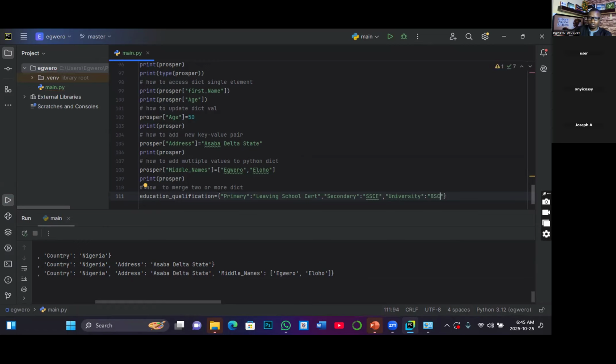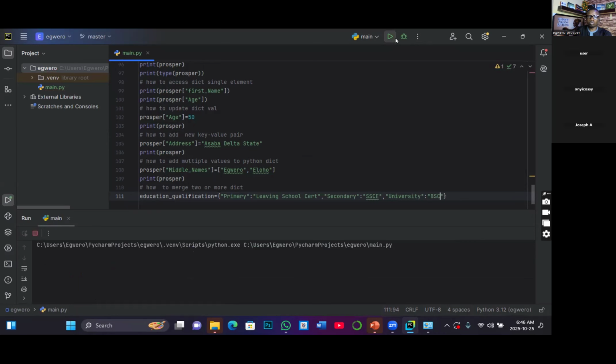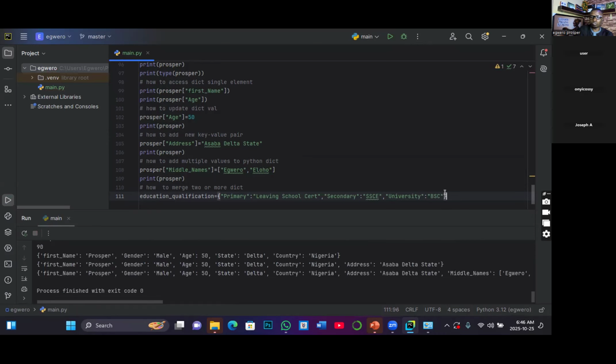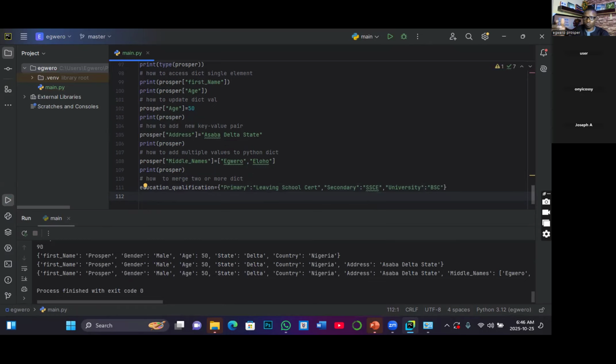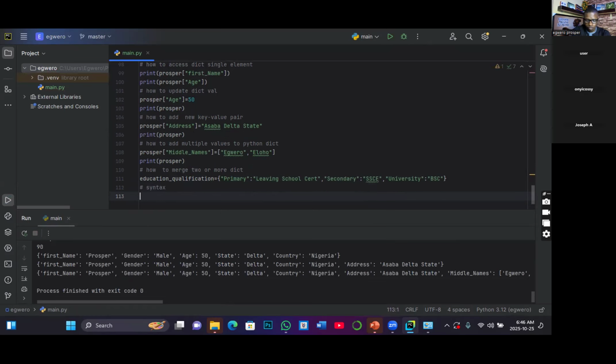BSC. Right? So now I have two different dictionaries. Now, if I want to concatenate them, in other words, to merge them together, the syntax is going to be: you call the first dictionary, depending on the order at which you want to join them together. Which value do you want to come first? So if I want the first biodata details to come before the educational qualifications, then the syntax will be that